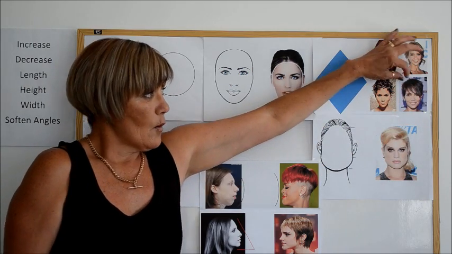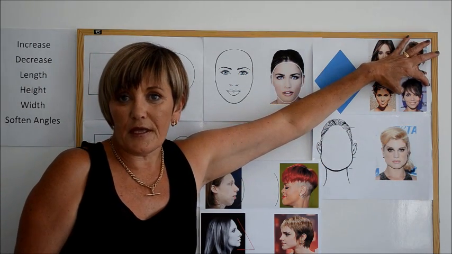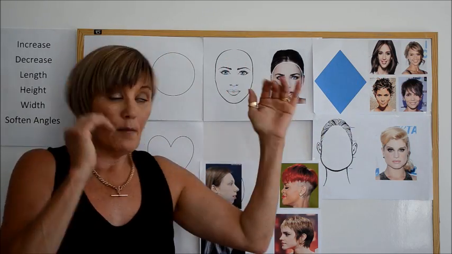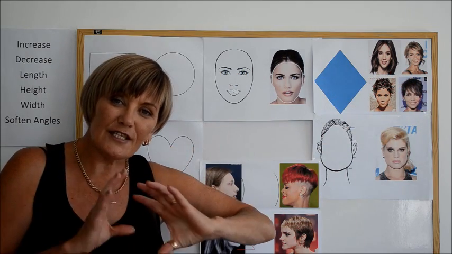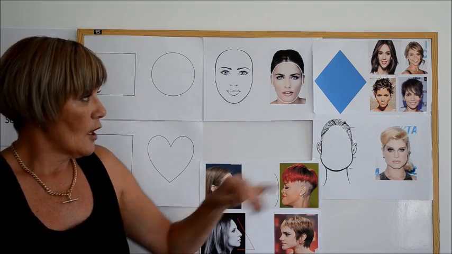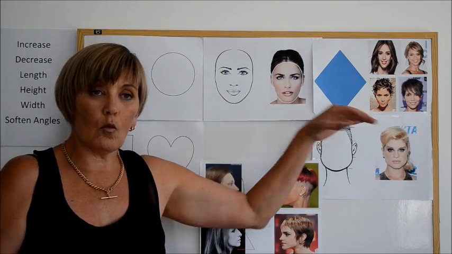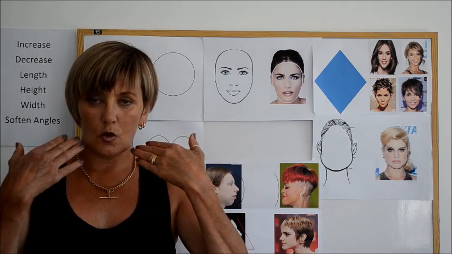Whereas in this particular image of Halle Berry, where they've increased the width at her temple area, they have then brought the face more in line with an oval look. So it's really important to think about what you need to do with the hair to create the illusion of oval. When we're talking about increasing width around our jawlines, we can do that either on the jawline or behind